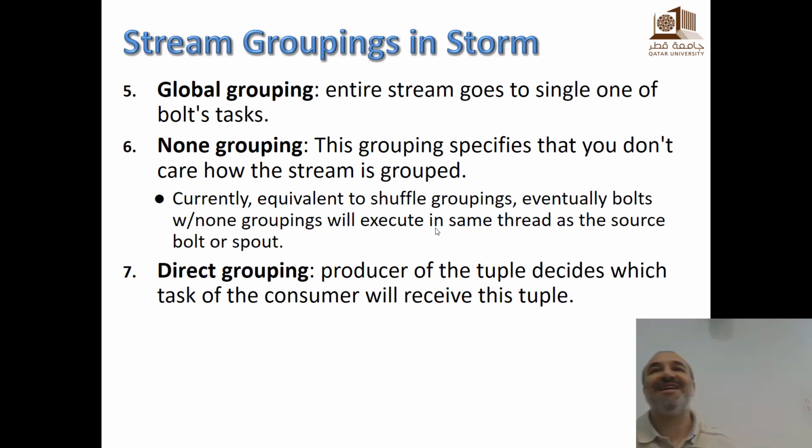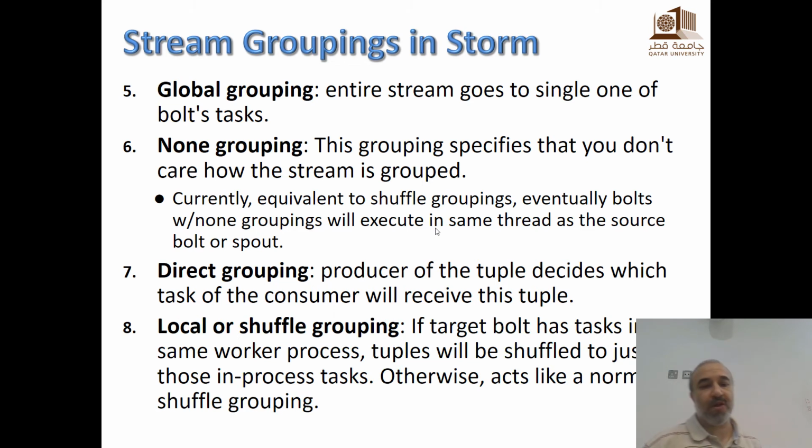Yes. From the source, whether it is a spout or a bolt. Okay, we are talking about how the stream will go to the next bolt. That stream might be from a spout or another bolt. But in this case, if you define this link to be direct grouping, then the API, of course, provides a way to specify with every tuple which task that tuple will go to. Okay.